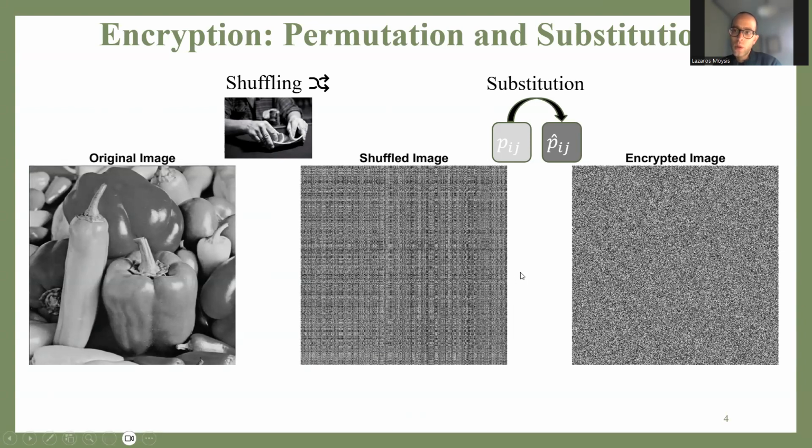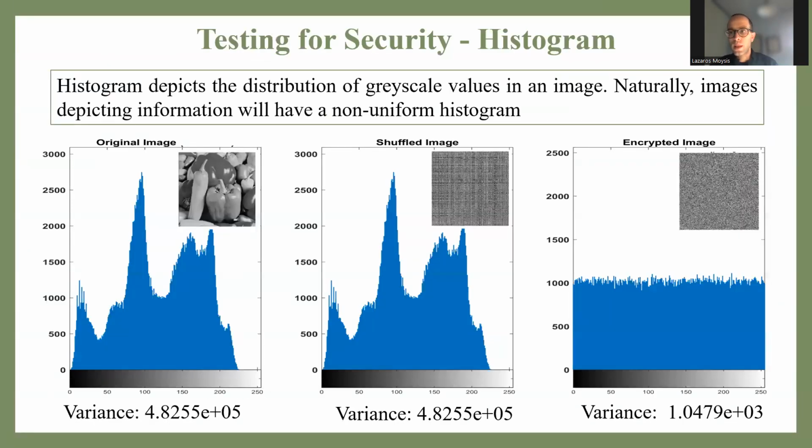So after we perform encryption, we have a series of statistical tests in order to see how strong the encrypted result is. And one of the most important and standard tests, of course, is histogram analysis. Now, let me remind everybody, for an image, the histogram basically depicts the distribution of grayscale values for the image. It basically tells us how many times in the whole image a specific grayscale shade appears. Okay. So naturally, as you can see on the left image right here, when you have some photograph that depicts specific information,